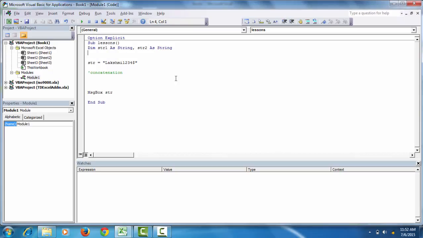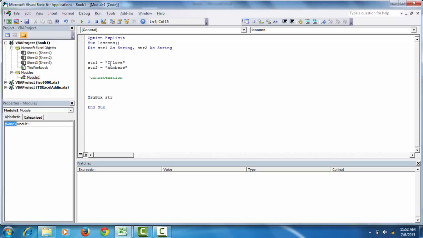So my string 1 will be letters. Letters is a word here, it does not mean ABCD. And my string 2 will mean numbers, or we'll make it like this.